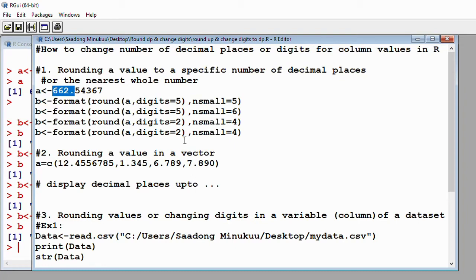So how do we do that? Then we have to indicate that we don't want any zeros after the decimal point, any digits after the decimal point. In other words, digits will be equal to 0, and at the same time we don't want any decimal places, so this too has to be 0. Then R will be left with no choice than to give us the nearest whole number, so 662, but